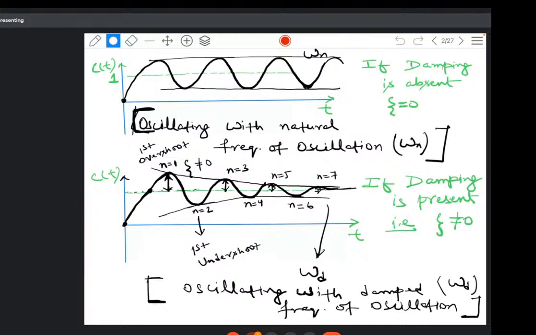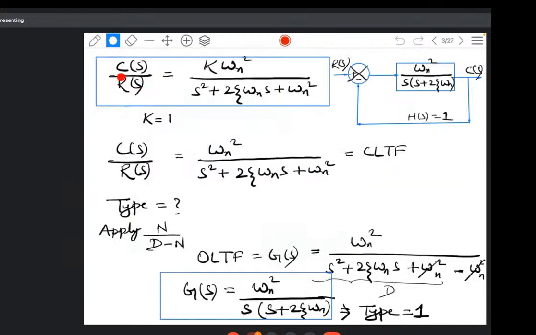So this is the significance of damping. That is why we use the term damping. Now see, this is how the second order system is represented, the standard second order transfer function. Now see, if I put the value of k, that is the system gain, as 1, then C(s) by R(s) will become omega n square by s square plus 2 zeta omega n s plus omega n square. And this is my closed loop transfer function, because by default we calculate the closed loop transfer function when we